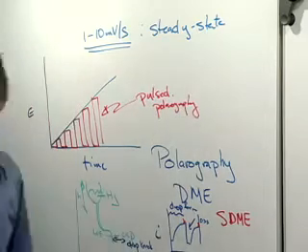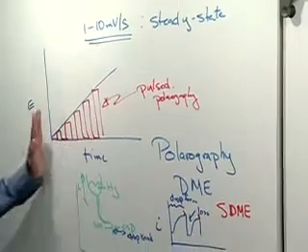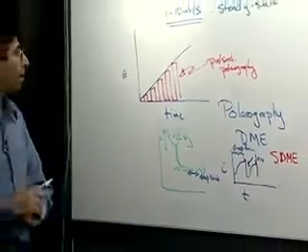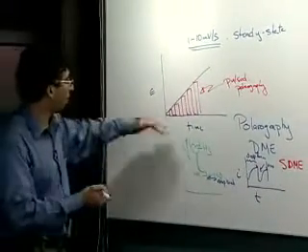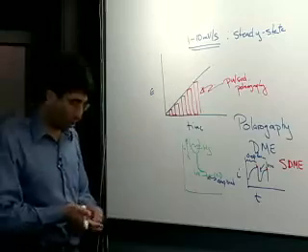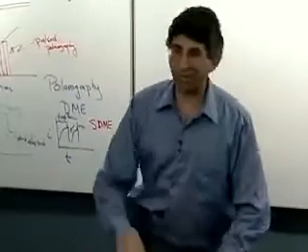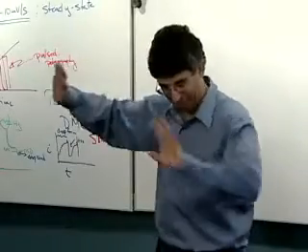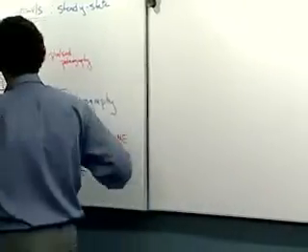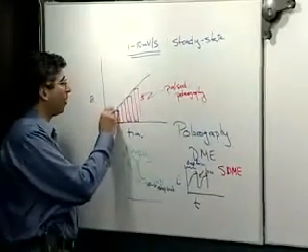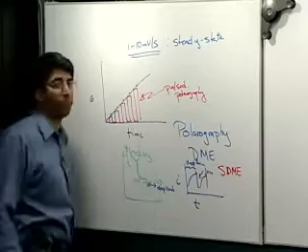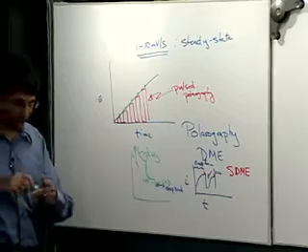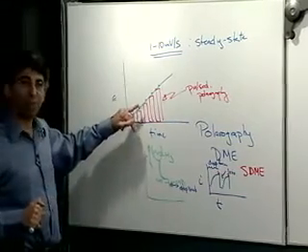And if I have a drop knocker, I can do this now, because I can sync this waveform to my knocker, right? And so on a given drop, I can go up, have the drop form, I can jump the potential, and then I can go and do sampled. If I try and look at the current coming out of that thing continuously with the drops falling off and this happening, forget it, I've got a total mess. But if I say, I'm going to sample my current right at the end of these square waves, then I can generate a very nice polarogram, and now I'm no longer limited by the diffusion limited current,